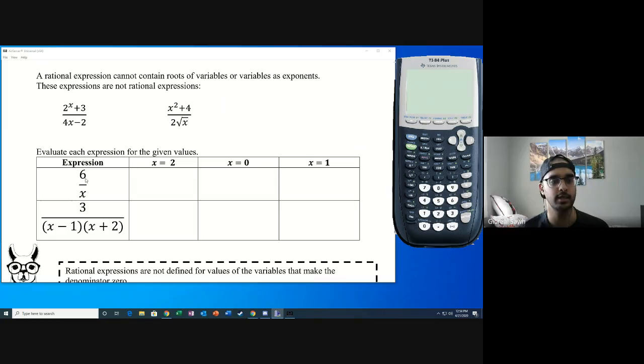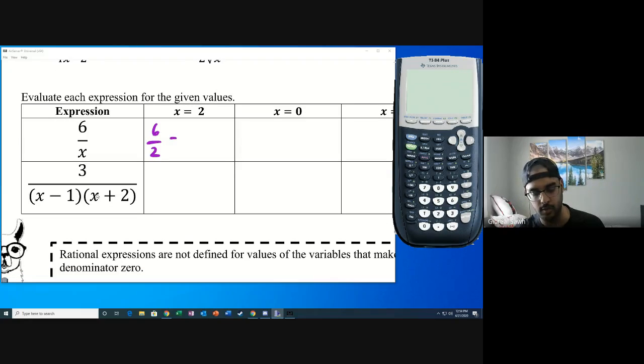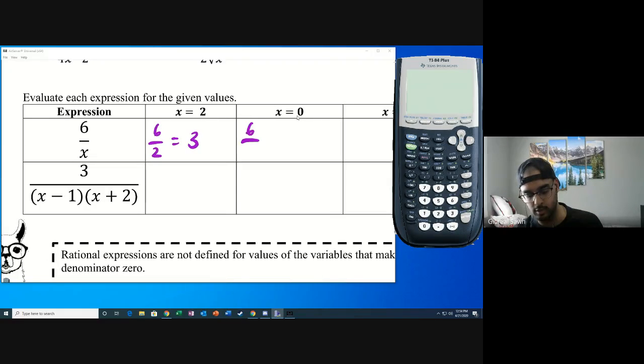So for the first one, that expression is 6 divided by x. We're going to take x to be equal to 2. So if I plug 2 into that, this will tell me I have 6 over 2, which is going to give me 3. So when x is equal to 2, I can evaluate this expression and get an answer that's okay. I can do that. What happens when x is equal to 0? Well, now I'm going to try to put 0 on the bottom of my fraction, and I can't divide that. I could try 6 divided by 0, and my calculator will tell me that I have an error, divide by 0. Okay, it might also tell you have a non-real answer,